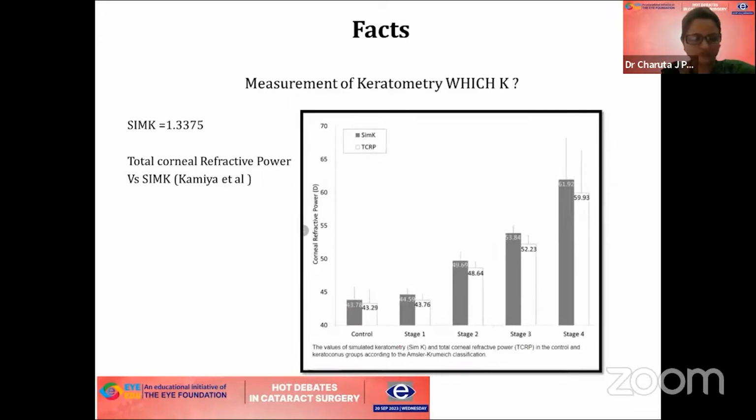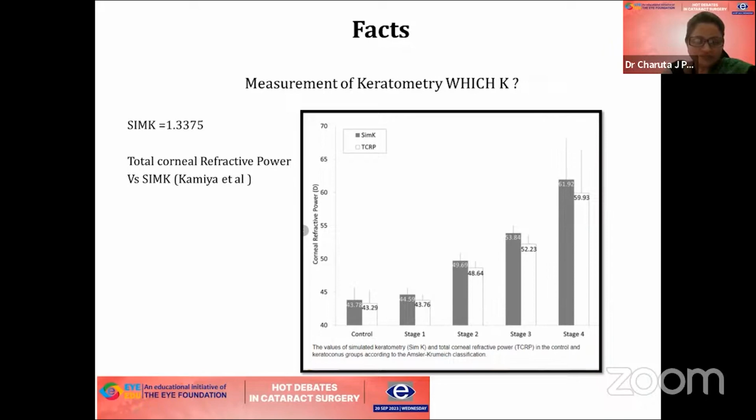Next is the question of which K. Simulated K value is derived by taking the radius of anterior corneal curvature and a standard keratometry index of 1.3375. It assumes a fixed ratio. In keratoconus, this ratio is altered, as said before. Now, Kamiya et al. calculated the total corneal refractive power, TCRP, using ray tracing methods. This considers both anterior and posterior corneal surfaces in keratoconus, and he compared it with the SimK value. As you see in the graph,